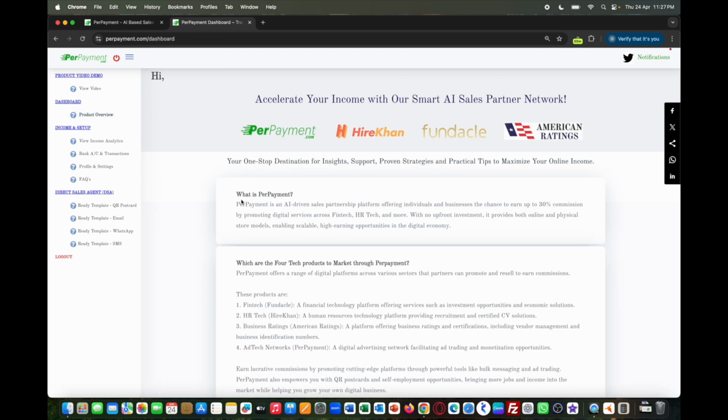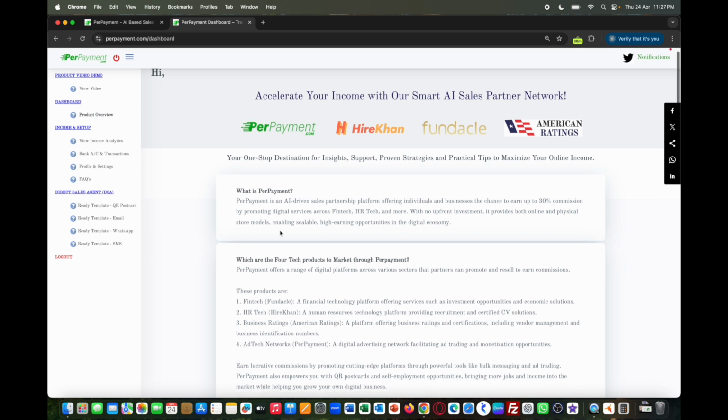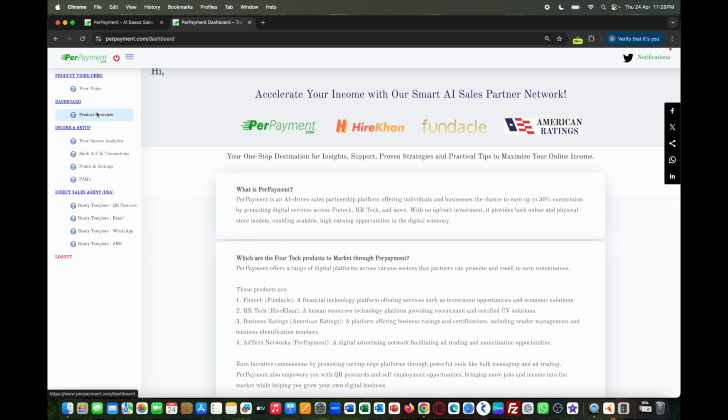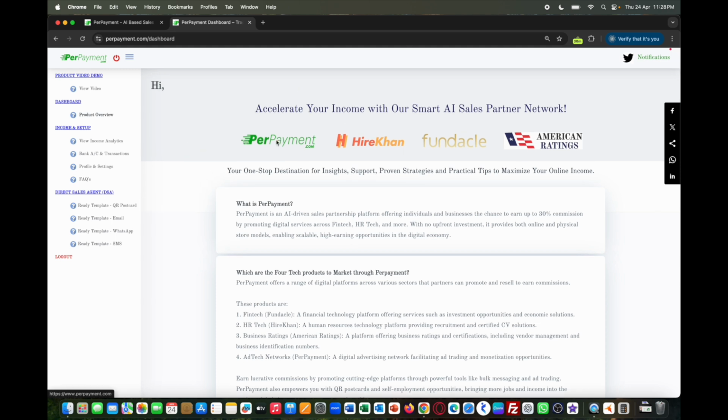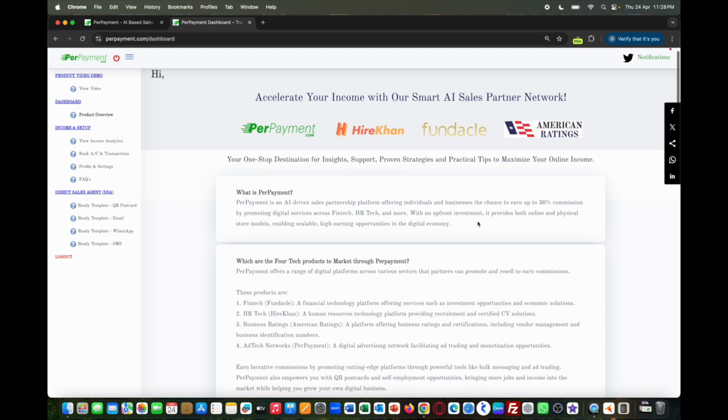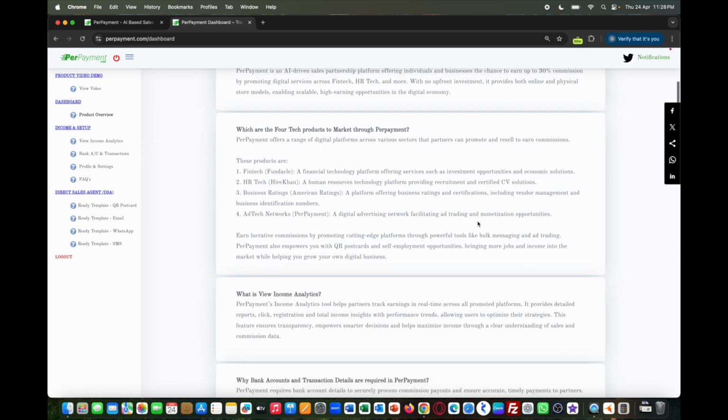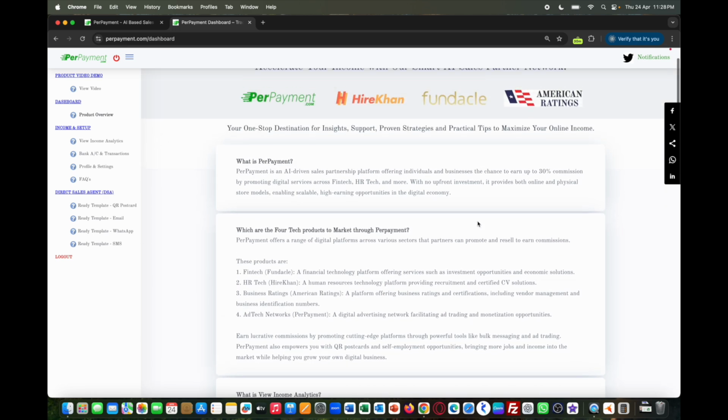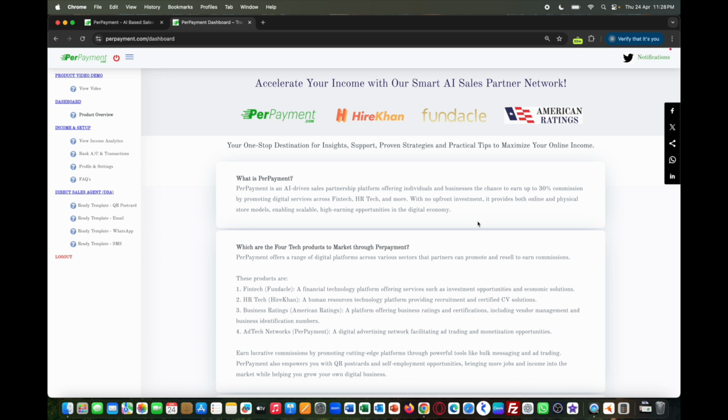To start with this, the DSA account can be used by company secretary, chartered accountant, lawyers, government consultant, corporate consultant or education consultant. Coming back to the product overview, that are PerPayment, Hachan, Findacle and American Ratings. The details of the product is given over here so you can have a look.